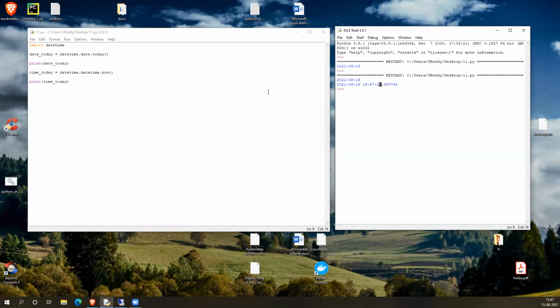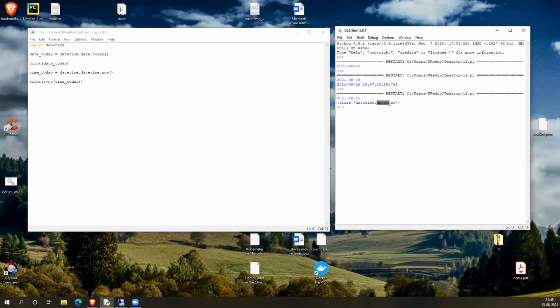We can change the format of this by using time today dot strftime, which is on the datetime object. You can see what is the type of this first. It's a datetime object.